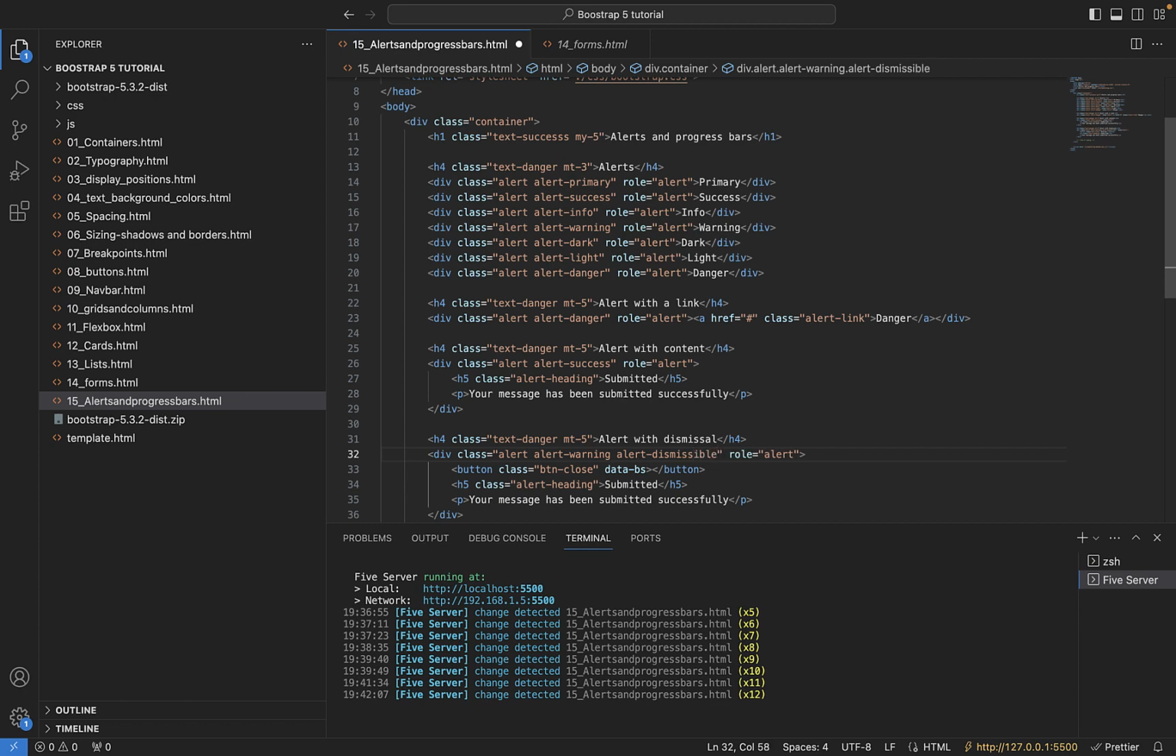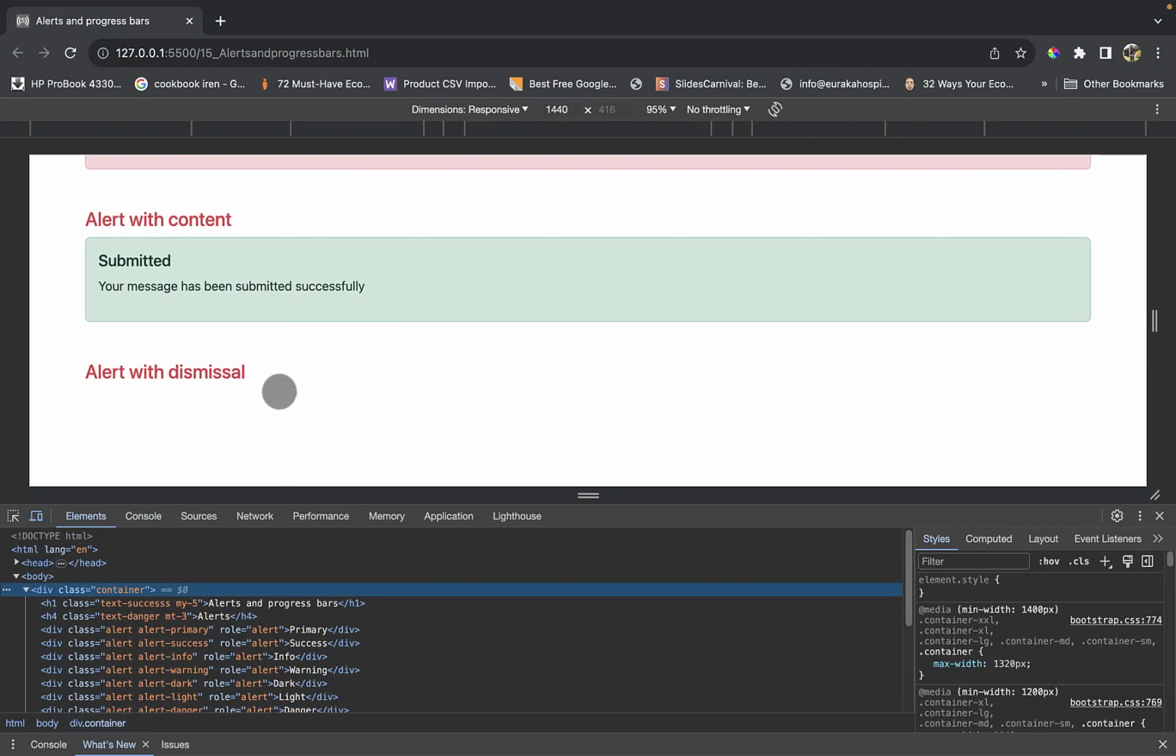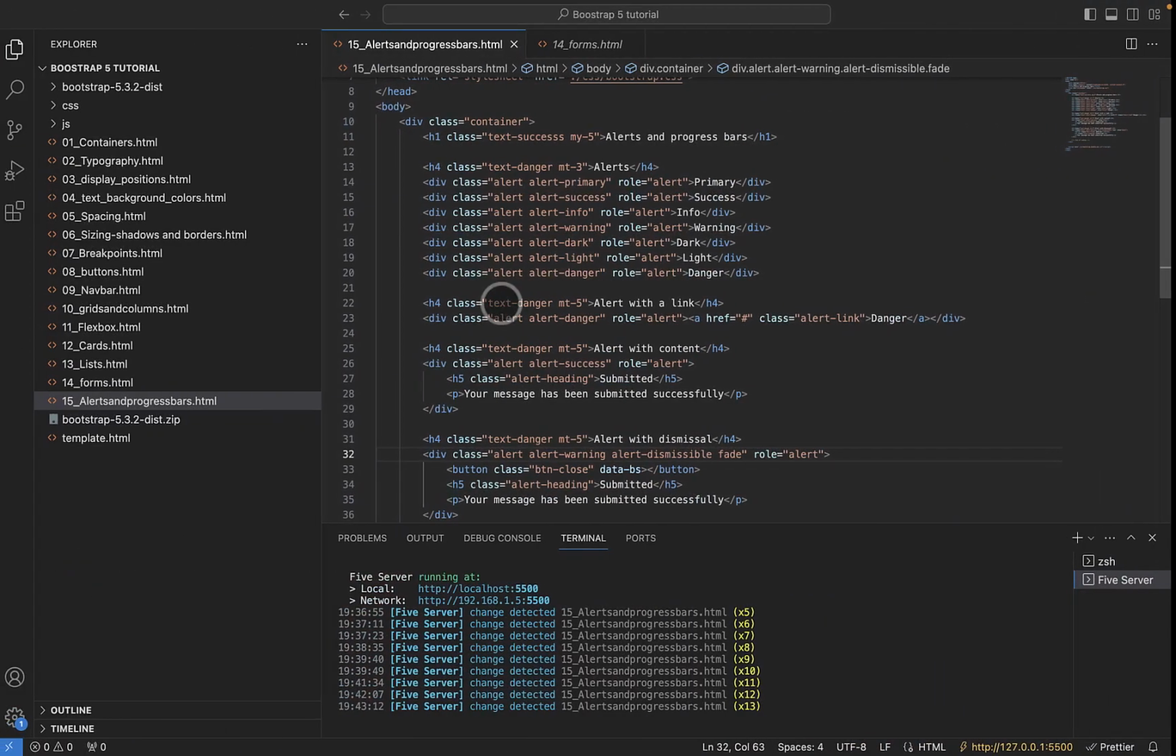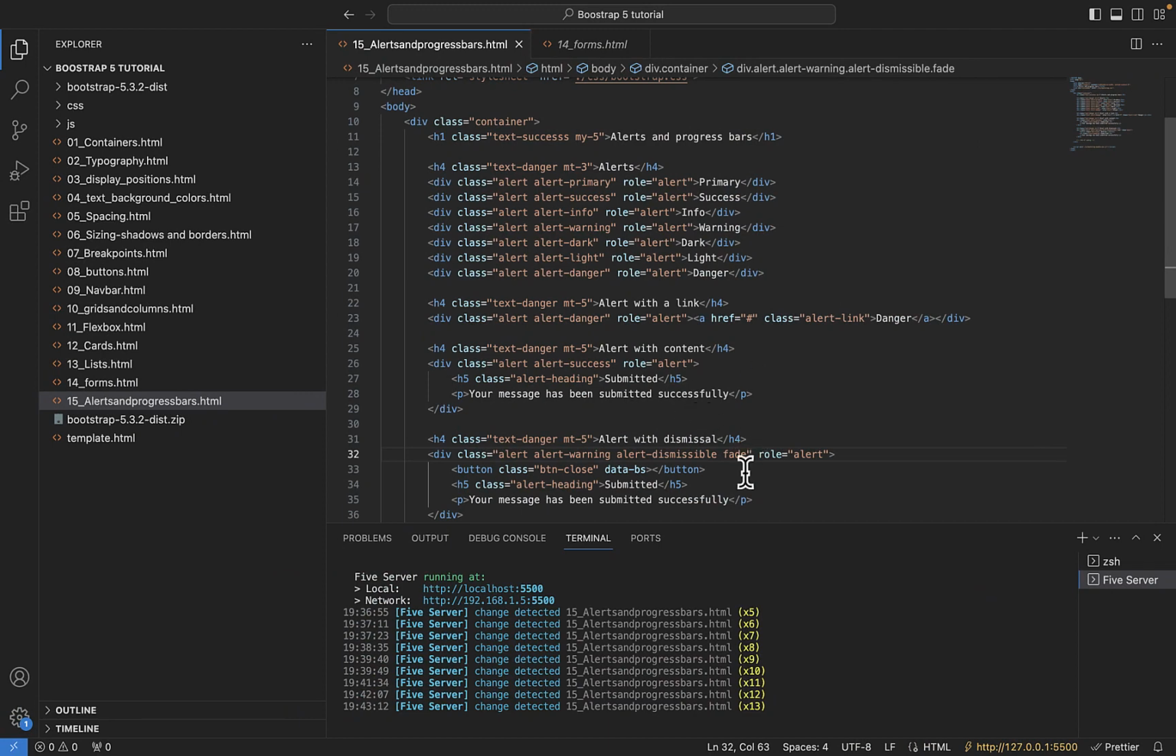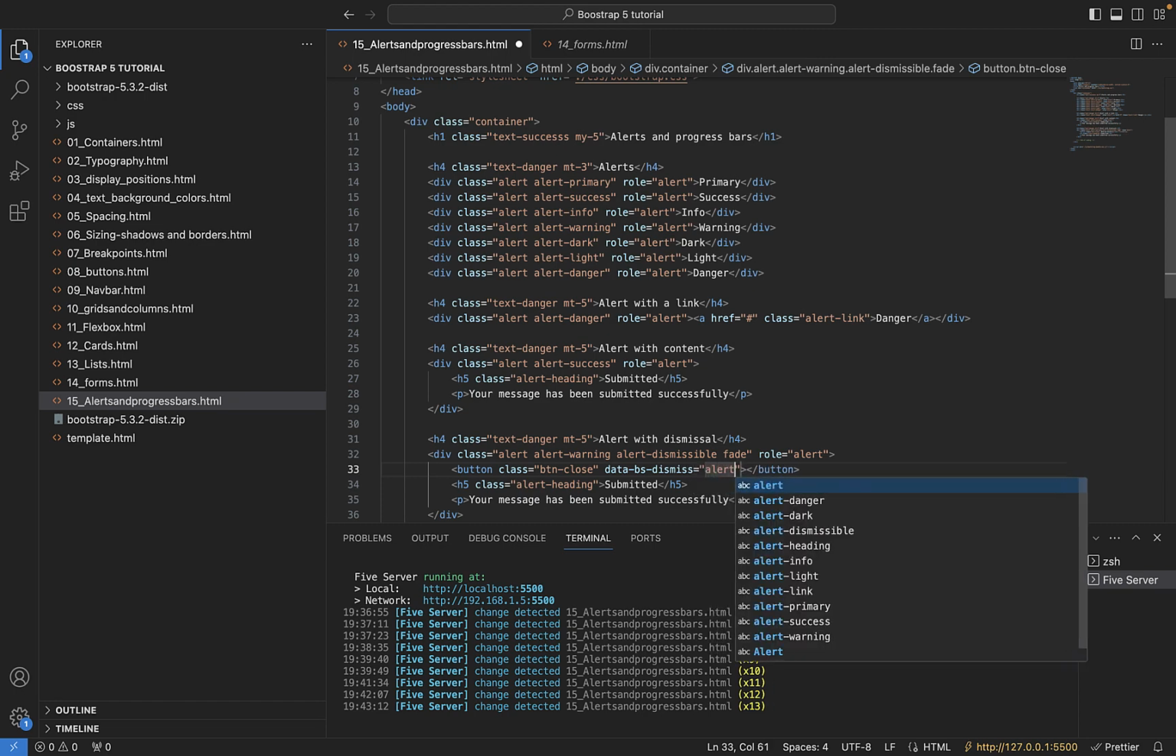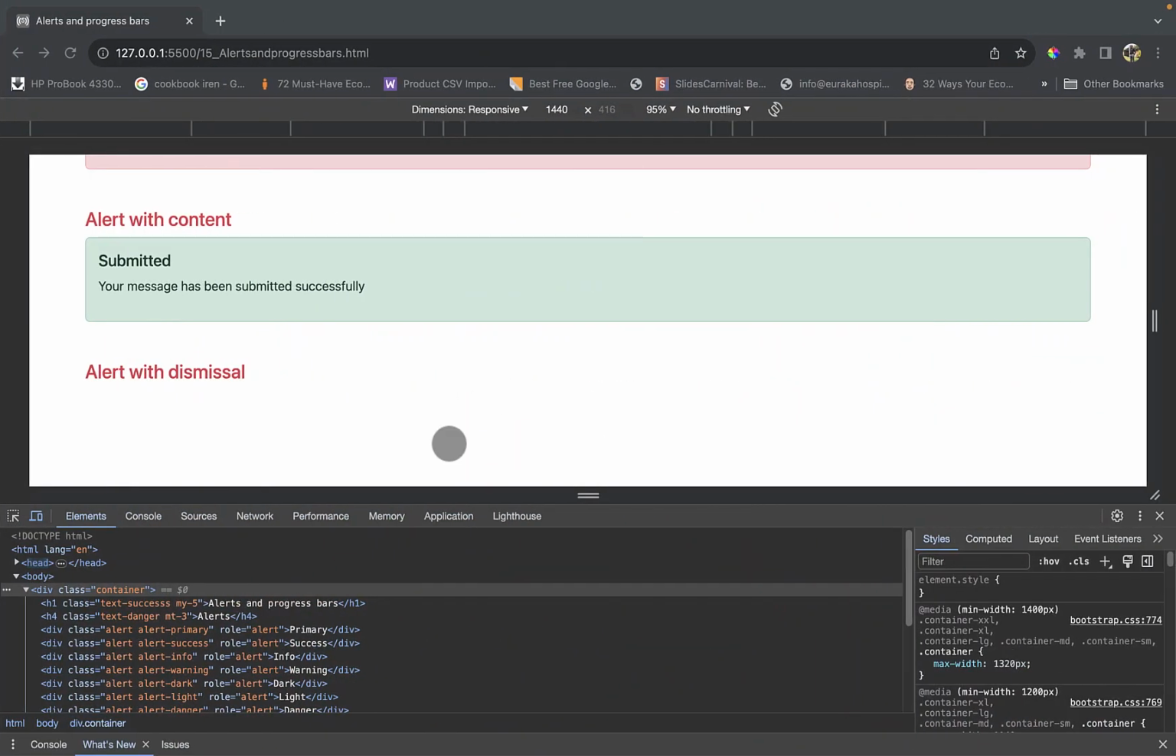Alert dismissible. I don't know if I can. Then if you want an animation of show or fade, you can put it there. It's dismissed, it's gone. Then we need to put data attribute here, data-dismiss attribute on the button, and it's an alert. See,